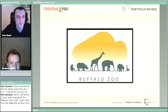I think it's an interesting concept with the monkey at the back that's just squatting down. I've also noticed there's a line going across, and everything's above the line except for the bear. I think that was a bit of an unusual element. If you're going to make everything above the line, I'd keep everything above the line. Also, in terms of the background colour, instead of using white, it probably needs a bit of colour to increase the contrast a little bit,